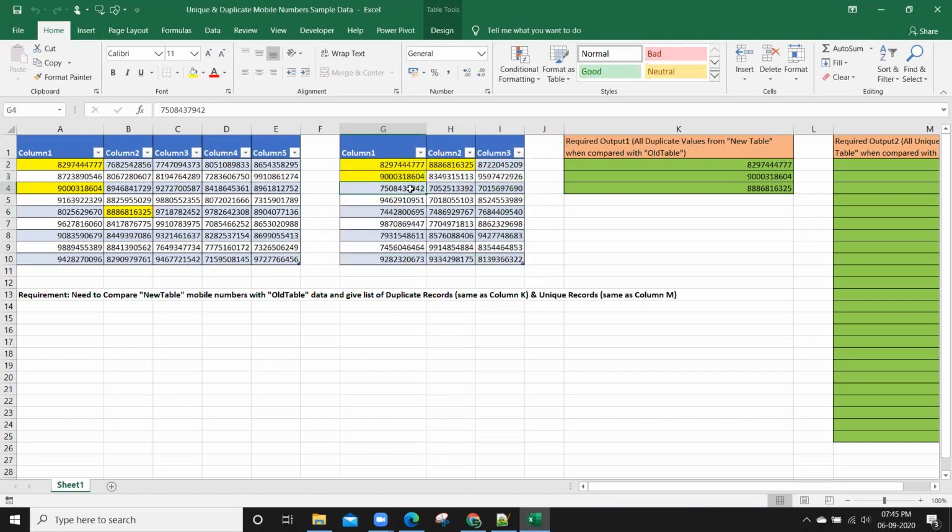He wants to compare these new mobile numbers and see whether there is any mobile number which already exists in my old data set. For example, just for your understanding, this 82974477 is one number which I already have in my old data set also. This is another number, 886816, whatever. So this is also already available here. And these three numbers, now total three numbers are already available in my old data set,